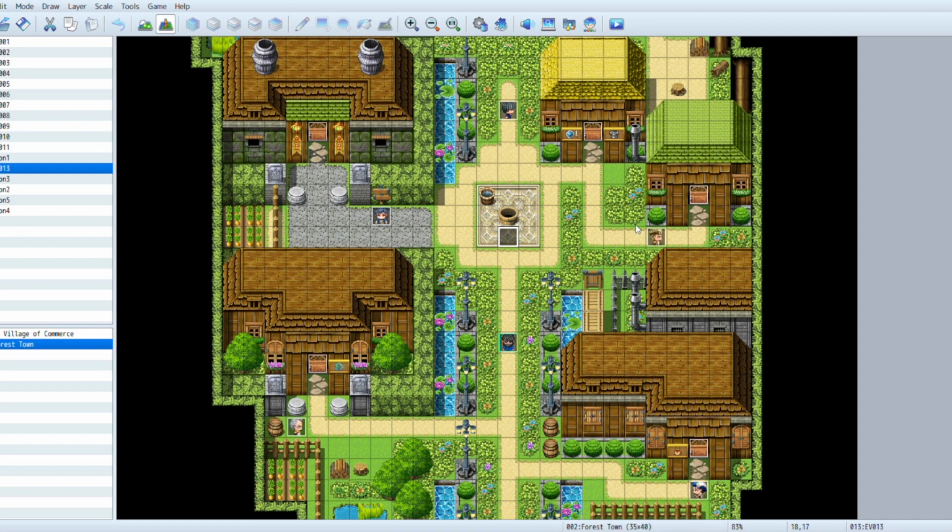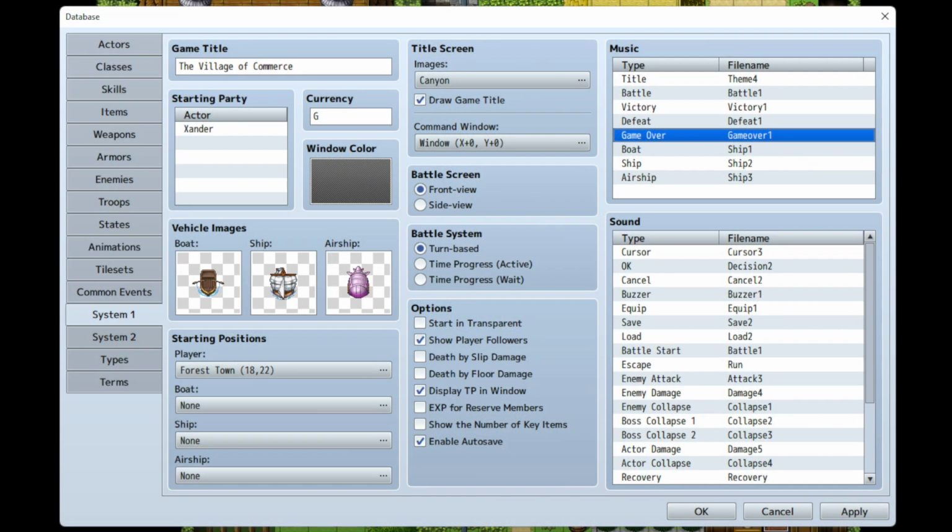Now that we have our audio files in the appropriate sound databases, let's go ahead and move to the RPG Maker. We want to change the game over music. What we want to do is press F9, and that will open our database. And what I want to do is go to System 1,